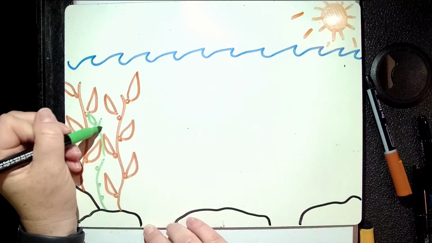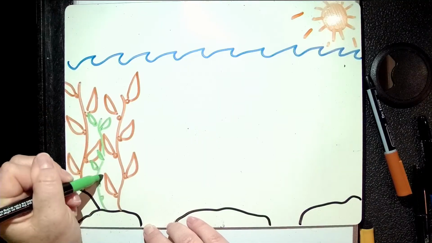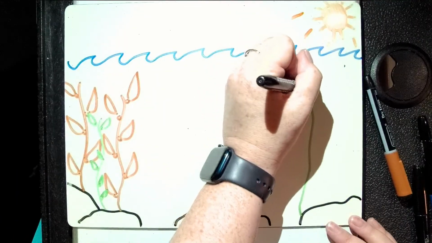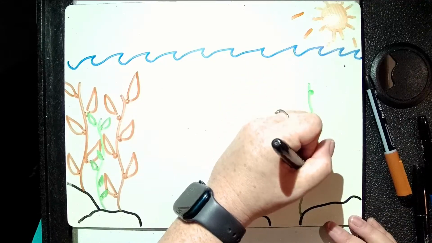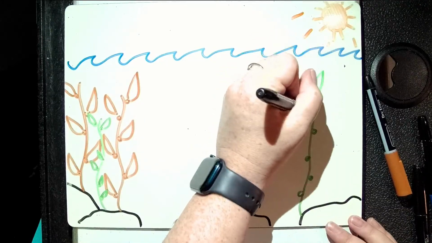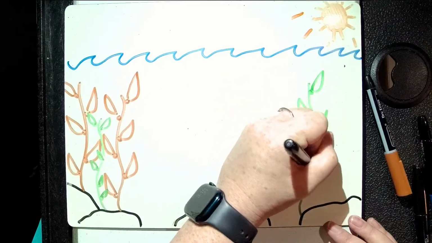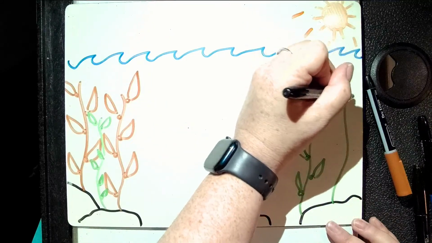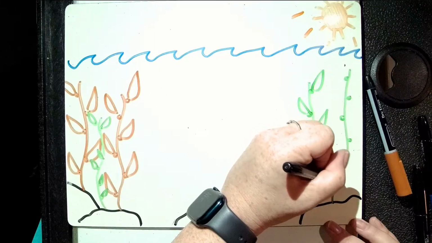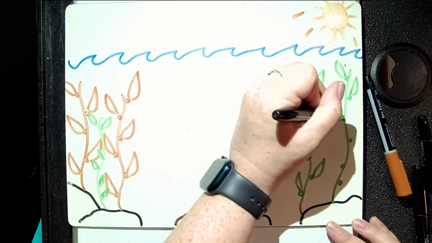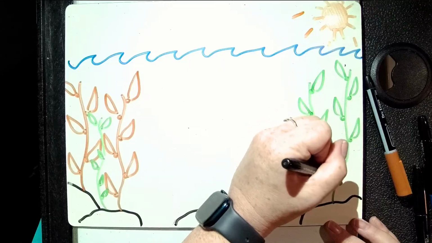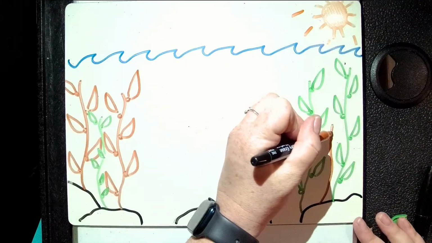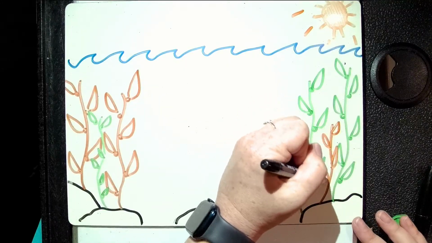Now this kelp, it doesn't grow everywhere because it needs really specific conditions to grow. It needs cold water, which we have here if you've been to the beach. Even this summer, when it's hot out, I bet the water was pretty chilly. I bet it felt nice if it was hot out. But we have nice cold water, and that water needs to be full of nutrients. Now when we're eating things, we want to eat healthy foods because they have nutrients, which are like vitamins and minerals and things that help our bodies stay healthy. And there's nutrients in the water too. And things like kelp need nutrients to help them grow as well.